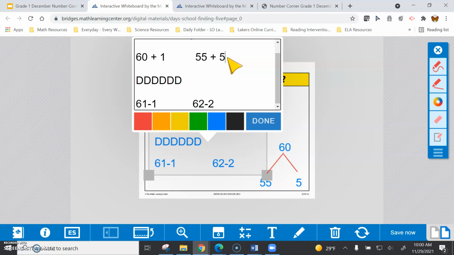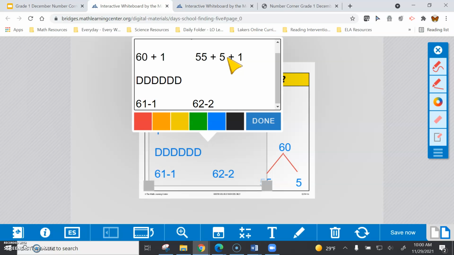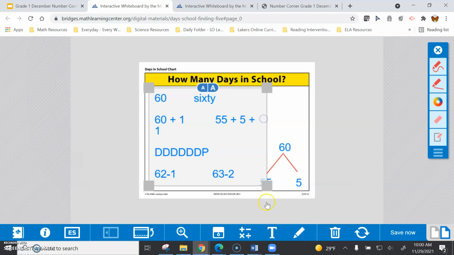I'm going to do this one, 55 plus 5 plus 1. We'll add on 10, 20, 30, 40, 50, 60, 1. We'll change this to 62 minus 1, which will give us 61. And we'll add another number here, 63 minus 2, which would give us our